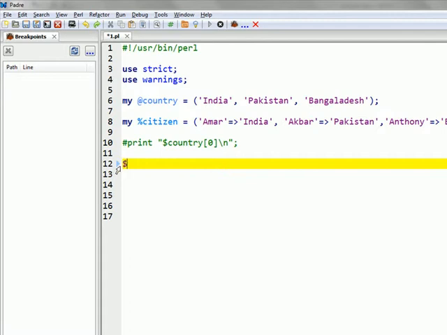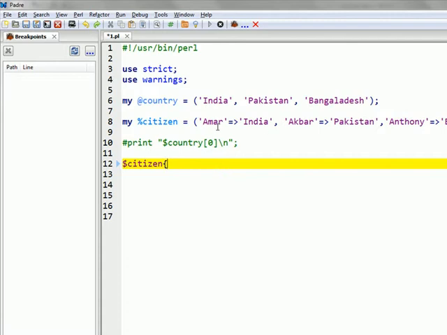If I do a percentage citizen, I will declare a new key. So Amar is there, Akbar is there, Anthony is there. Our key must be unique and different from Amar, Akbar, Anthony.